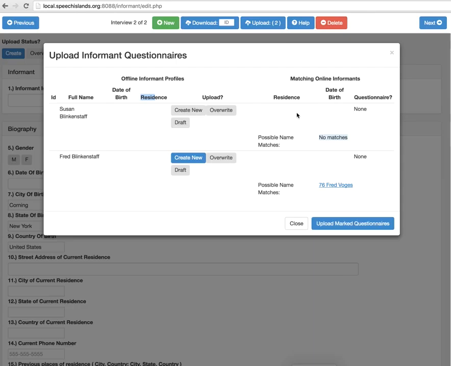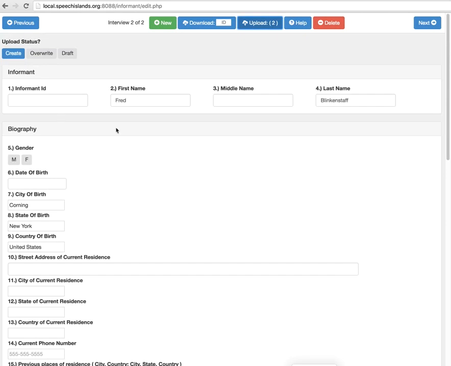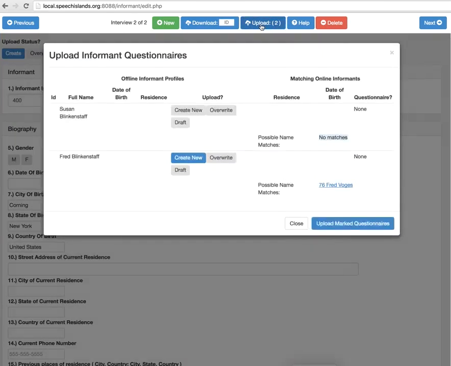And then on the right, it will check for any people who might be possibly already existing users that you don't want to overwrite, or you might want to check them out to make sure that they don't already have a bunch of information. So what happens here is, if you supply an ID, it will look for one here that matches that ID. Just for a second, I'm going to go back and put an ID in here so I can show that feature. Now when I upload it,